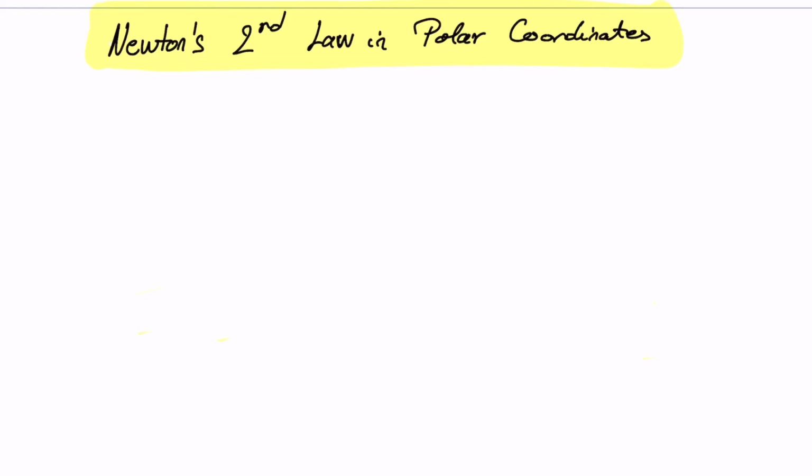We are going to talk about Newton's second law in polar coordinates, and we will try to give an example on why it's a good idea to study these kinds of things. Well, let's start with polar coordinates, where we know that they are given by